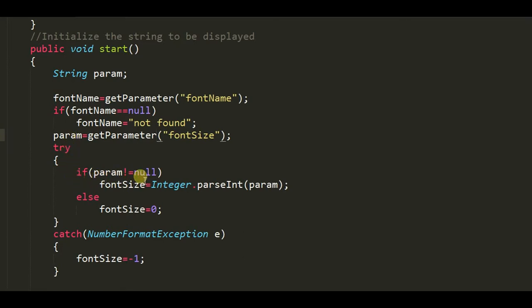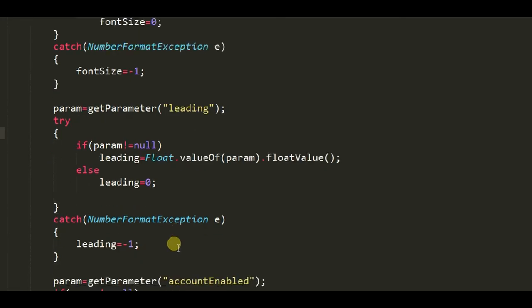So if param is not equal to null, meaning we have fetched the string, then fontSize is equal to Integer.parseInt(param). This method will convert your string to an integer. It is a method of the Integer class. Else fontSize is equal to 0, and we have also used try catch here for NumberFormatException.